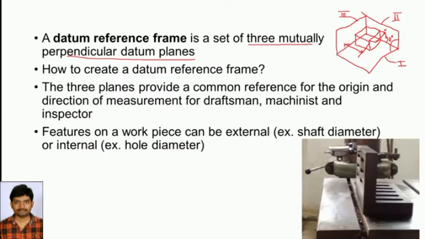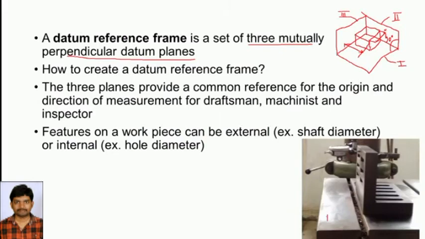So there is a datum reference plane, but how do we physically create a reference plane, so that we can use it during physical measurement? Here we have a surface plate. This surface plate can be used as a primary or horizontal reference surface.